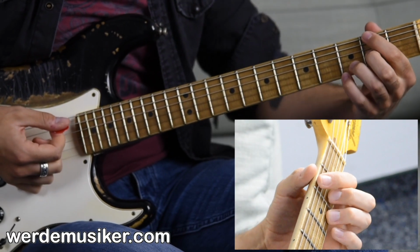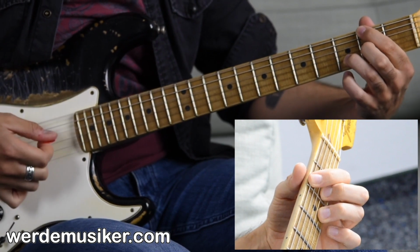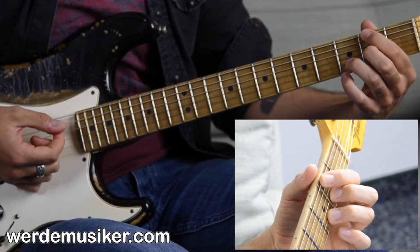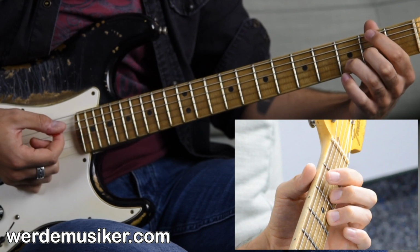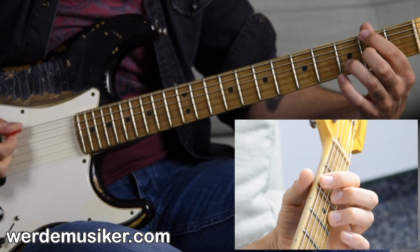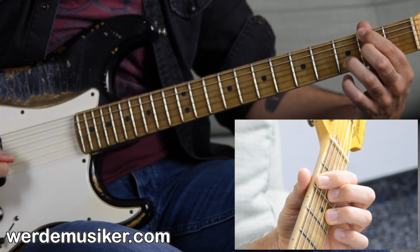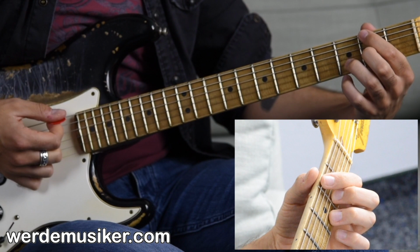Then we go to a D chord with an F sharp in the bass, which we play twice. Index finger 1st fret E string, middle finger 2nd fret G string, and ring finger 3rd fret B string. And the index finger needs to mute the A string right behind it. So we have this. After you played it twice,